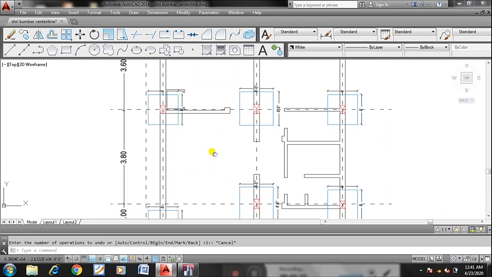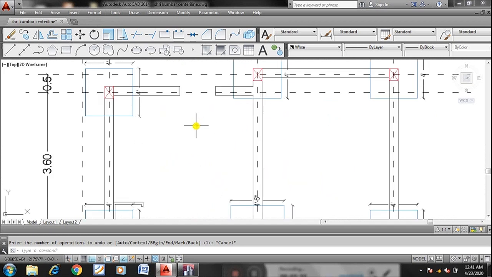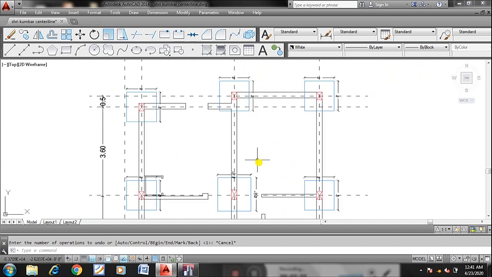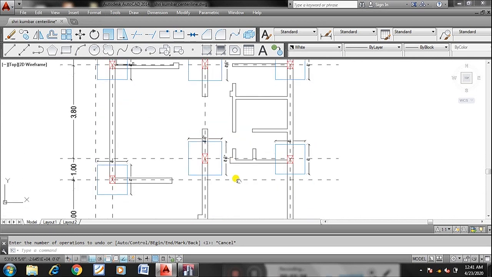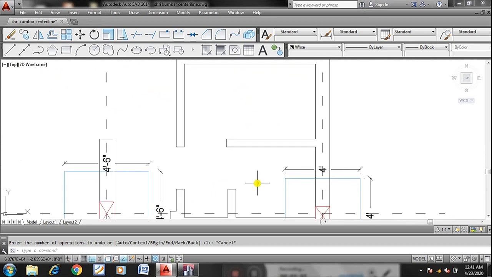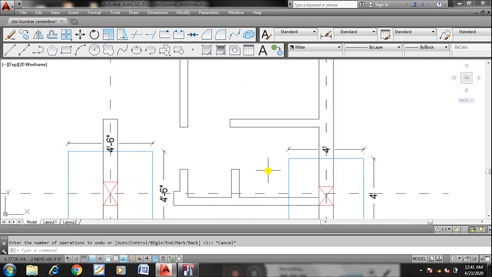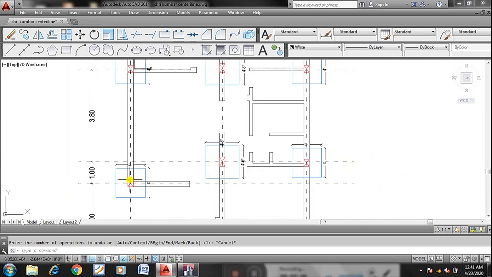Here you can see a hall, or living room. Here we have the kitchen. Next we have one bedroom, that is a master bedroom. Later another bedroom is here, and here it is a bathroom, and a separate Indian toilet, WC. These are the general dimensions which I have taken.